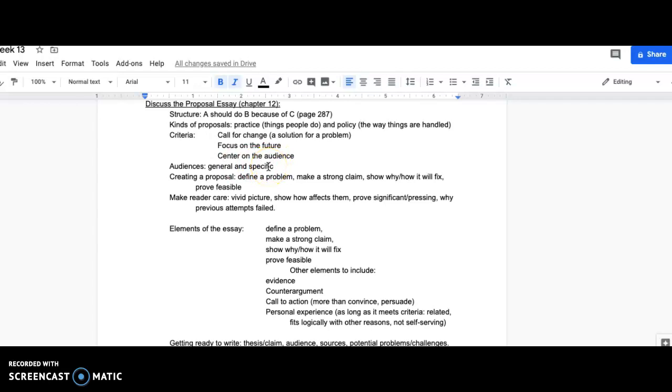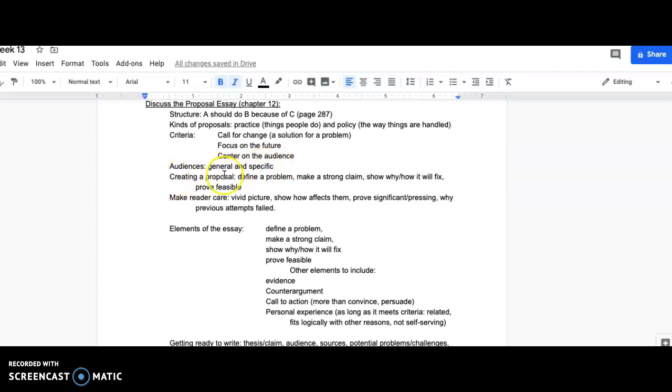Then you have a specific audience, and you also want to be careful when you're appealing to a specific audience. This is an audience that is familiar with what you're talking about, the concepts or basic issues. So you don't need to define these terms, but you definitely need to use terms of that subject.